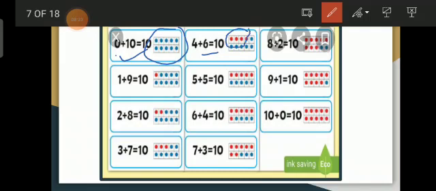These are the 4 red circles. We will count them, and after that we will count the blue ones. The blue are 6. So 4 plus 6 gives us altogether the answer 10. Very good. Now move to the next one. Here is 8 plus 2 equals 10. Count the red circles. Over here we have 8 red circles and the 2 blue ones. So 8 plus 2, when we count all together red and blue, that gives us the answer 10.